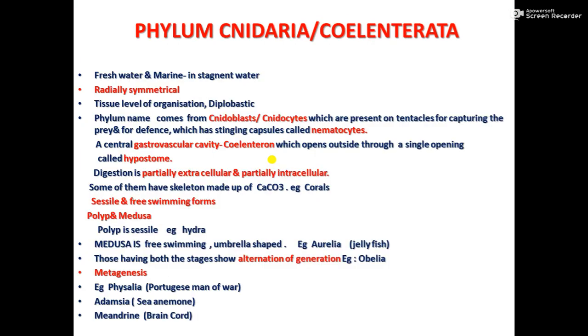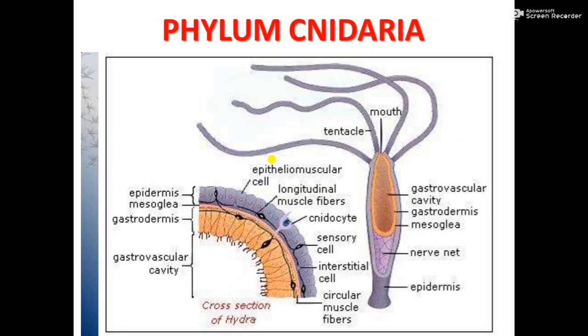Now we come to the details of their internal structure. So let us take the most familiar example. This is Hydra, and Hydra is a polyp form, sessile. It doesn't move. But sometimes, with special muscles in them, they show a somersaulting movement. That is, the tentacles come downwards, and this portion goes up, and then again tentacles up in the normal position. This kind of movement is called somersaulting. But normally they are sessile forms.